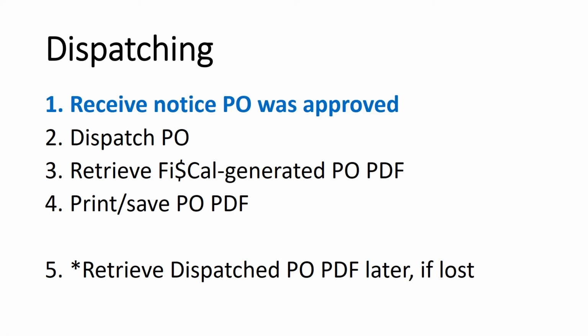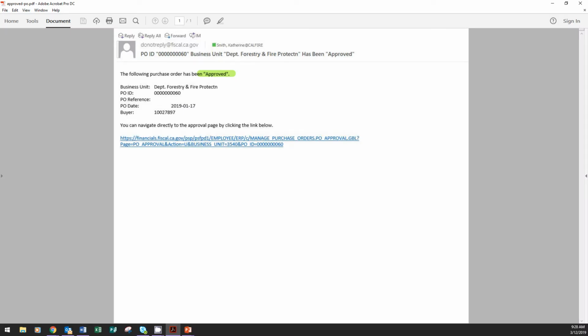Step 1. Receive notice that the purchase order was approved. You will have gotten an email telling you your purchase order is approved if you are listed as the buyer in the purchase order. It is also possible for you to do someone else the favor of dispatching a purchase order that lists that other person as the buyer, but that will require the other person telling you,